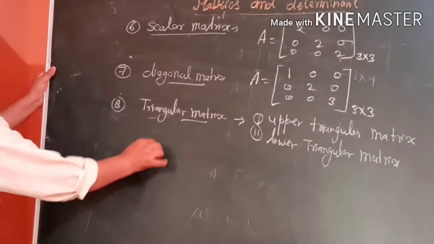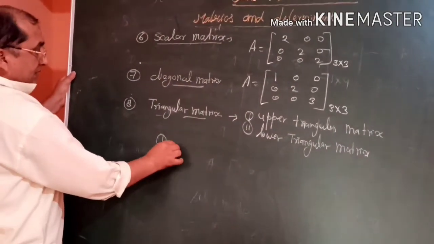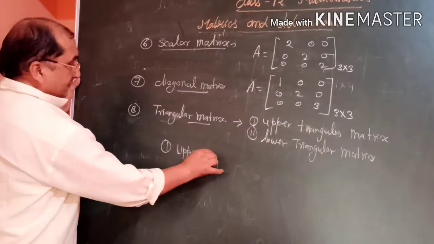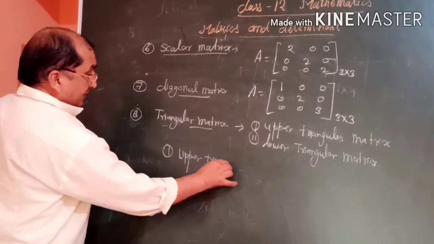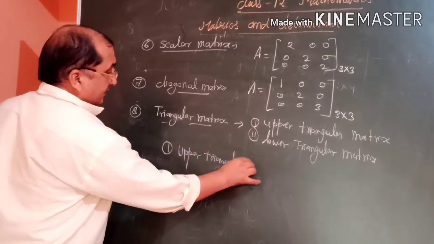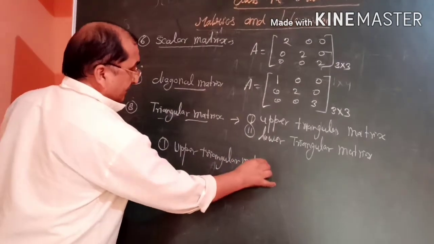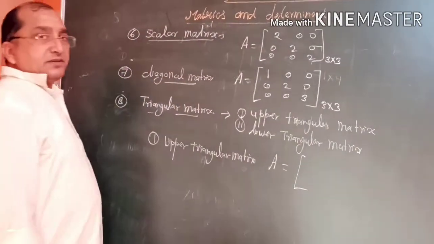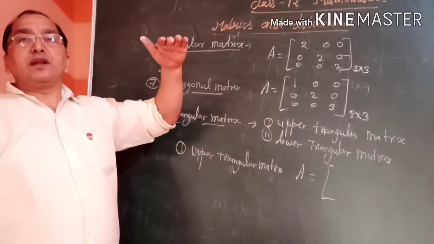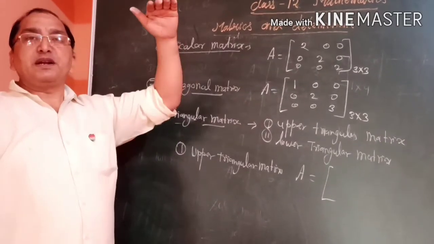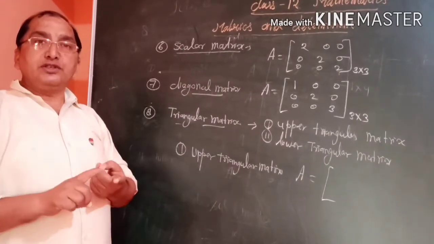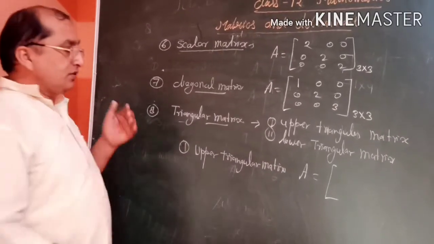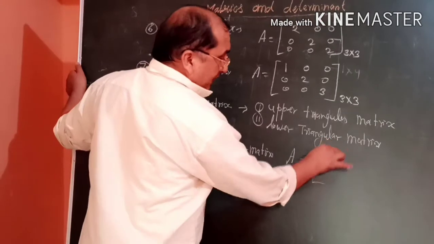An upper triangular matrix is a matrix in which all elements above the principal diagonal are non-zero, and the elements below the principal diagonal are zeros, is known as upper triangular matrix,